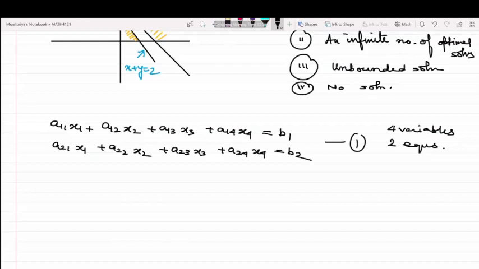So tell me, how do we get a solution to this system? Do we get a unique solution to this system if I pose it in this way? No, because we get a unique solution only with an equal number of equations and variables. Exactly. That implies what we can do is assign values to two variables, and we will be able to figure out x1 and x2 in terms of x3 and x4.